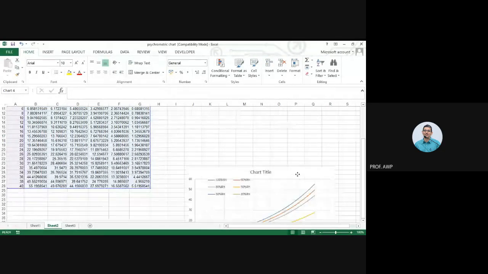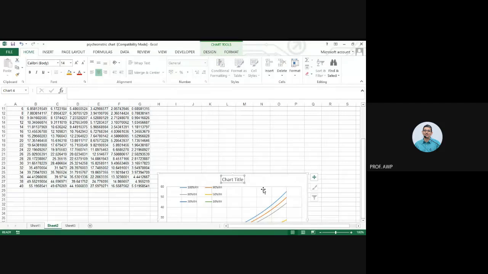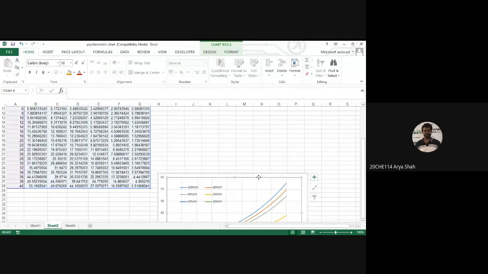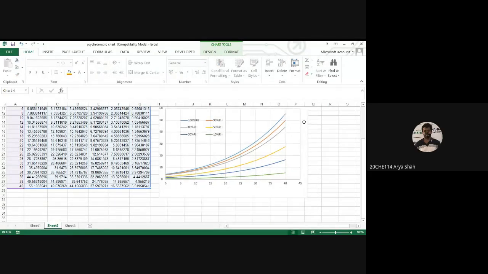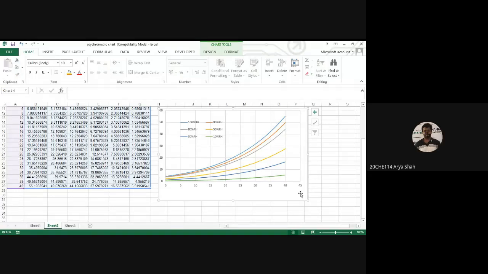Now, can we go forward? Yes, sir. I got the reason why it was going negative. If the temperature of the air is more than 100 degrees Celsius, then water will not exist as liquid water, and there is no point in doing these calculations if pressure is 760 mmHg. That's why it was going negative, and the point was exactly at 100 degrees Celsius. Okay, so do from 0 to 40 degrees centigrade